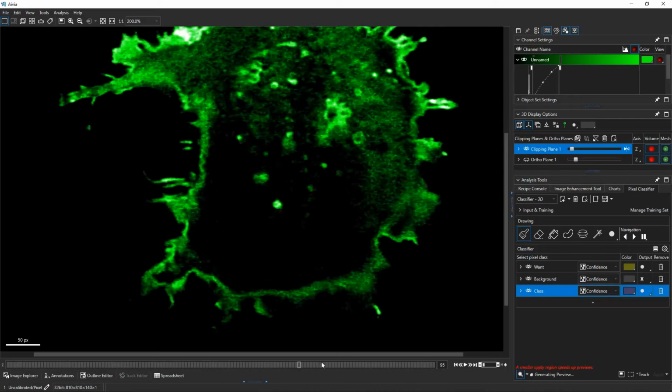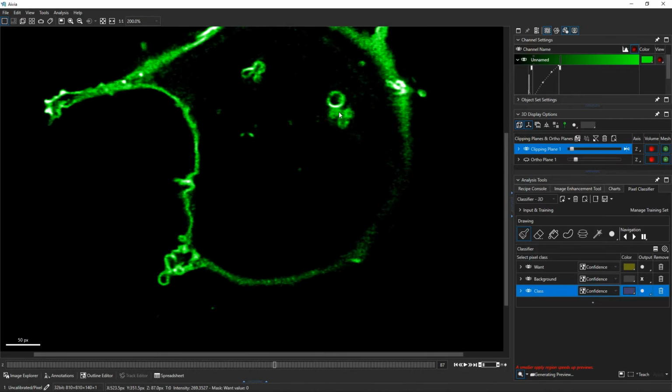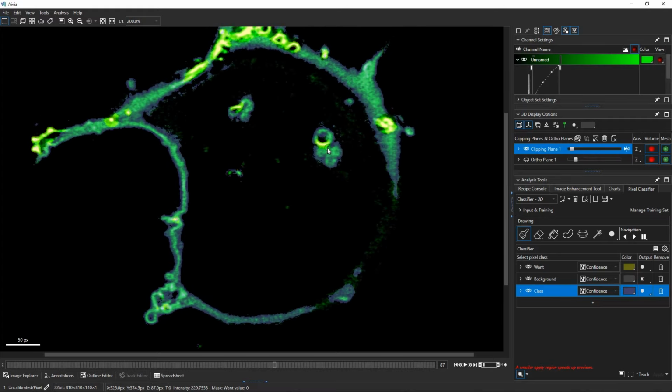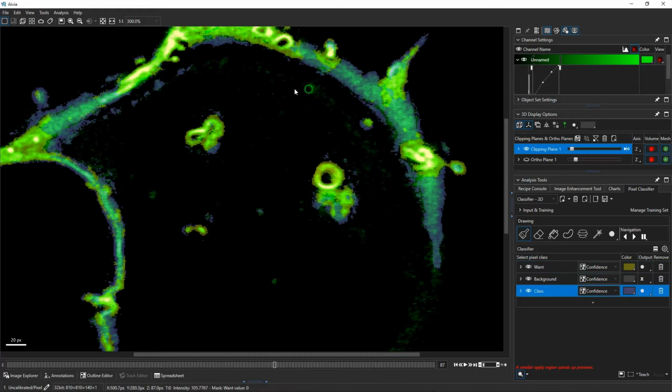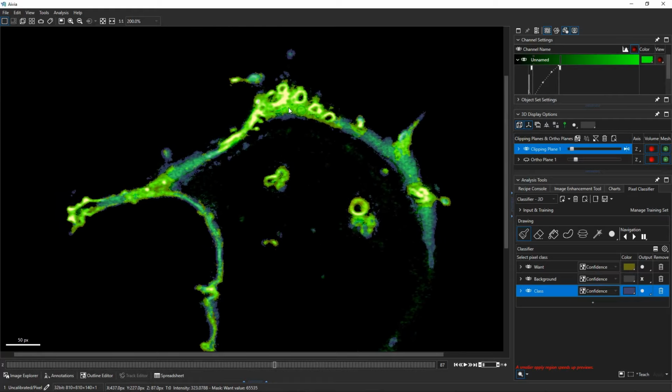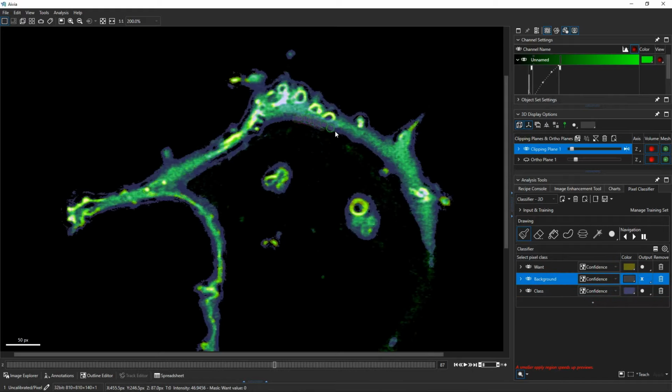There's also some internal structures here that look very similar to the tentpole. So I'll also paint those as well, because I'm interested in getting those included. Okay, I think that is all the training that I will do,